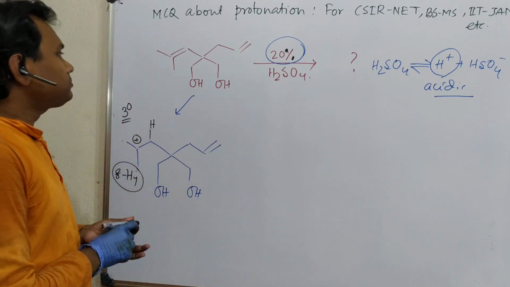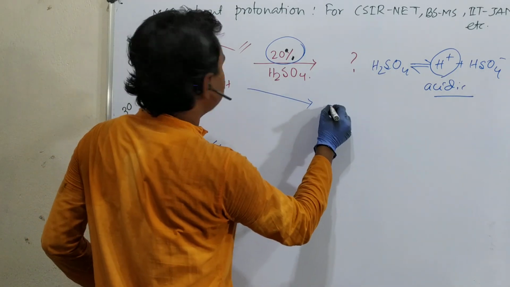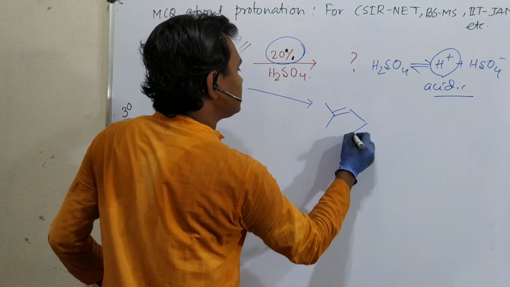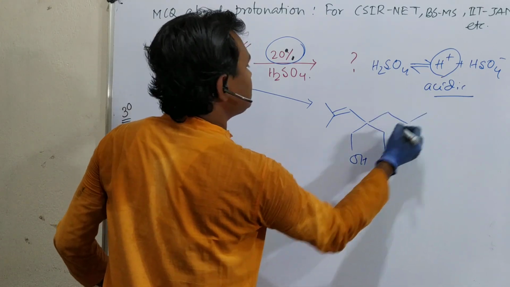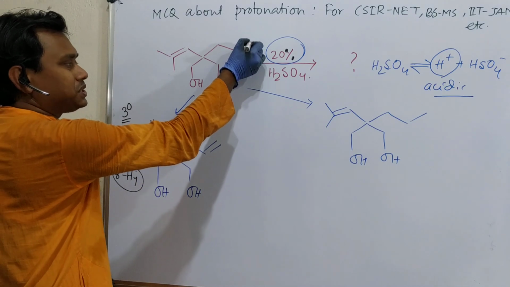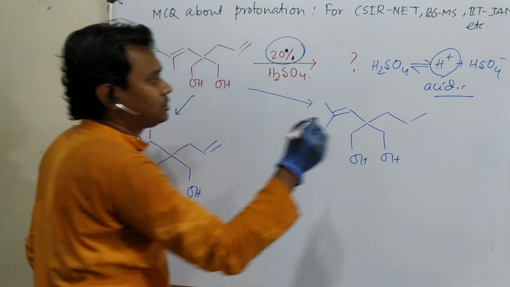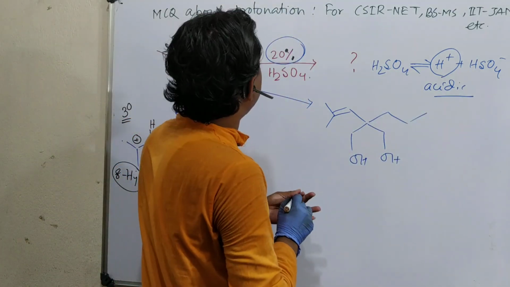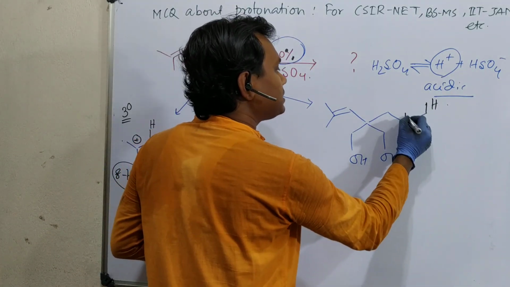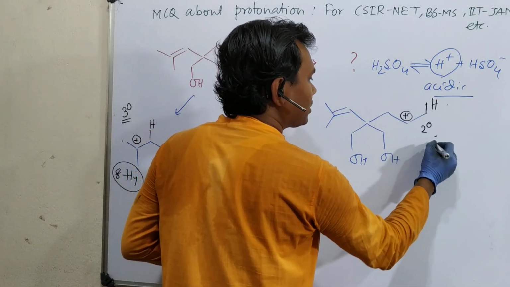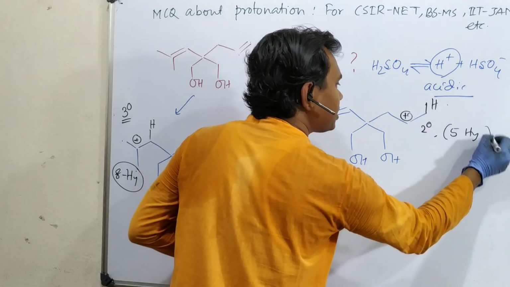Other option, in this double bond. So what will it result? Similarly, if the proton attaches here, the carbocation is secondary, but if the proton attaches here, the carbocation is primary. So logically we should write that the proton will be attached here. Okay. So here this is a secondary carbocation, and in this case 3 plus 2, 5 hyperconjugation is possible.